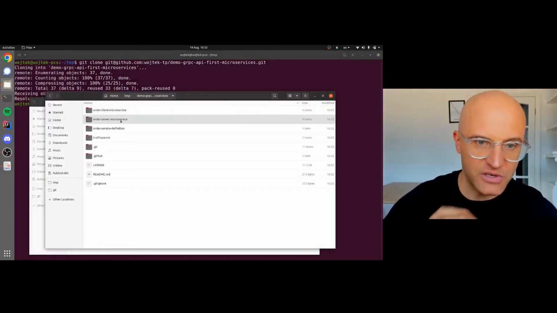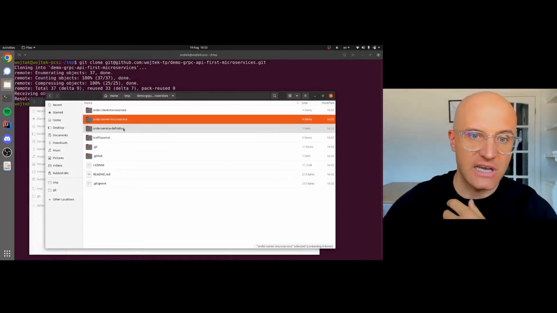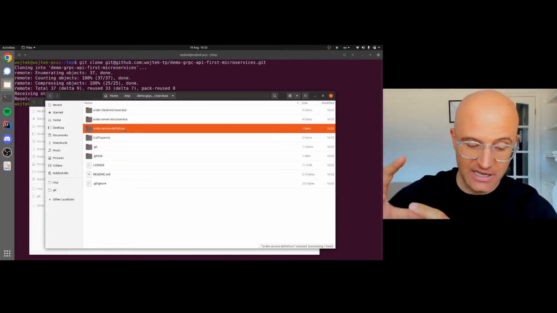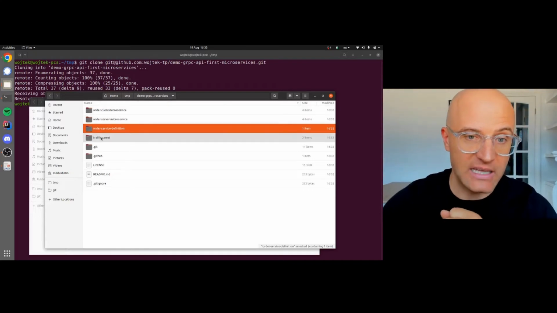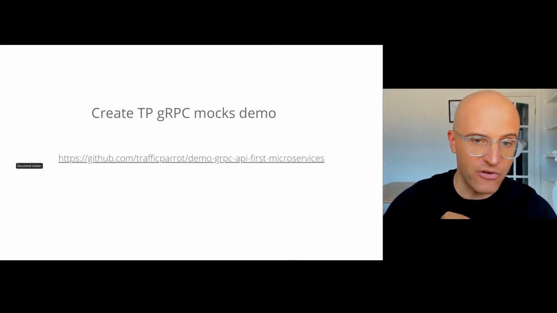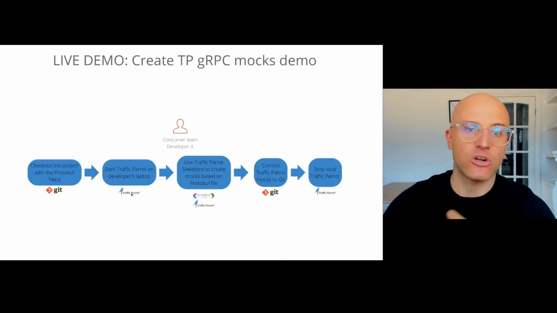And this repository is a monorepo, so it contains the client microservice, the server microservice, and the order service definitions, the ones that contain the protobuf file, and some Traffic Parrot files. Okay, so what we're going to be doing first, once we've checked out the project, we're going to start Traffic